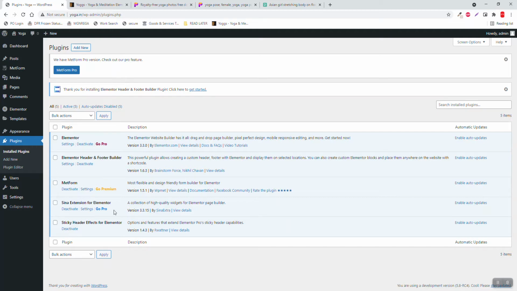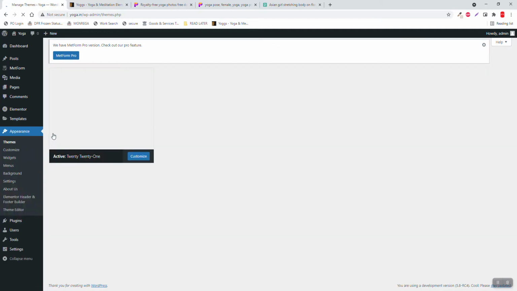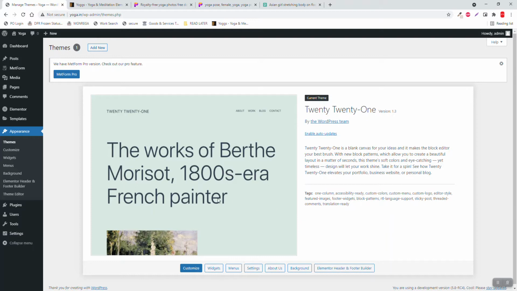Sticky header effects for Elementor, and Elementor extension with plugins. Theme, sorry, WordPress default Twenty Twenty-One theme. Okay,